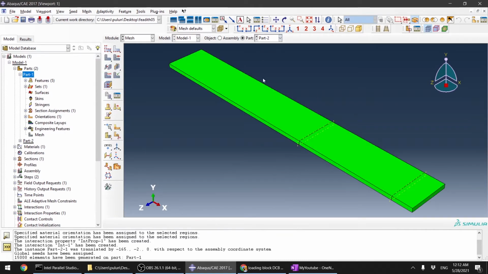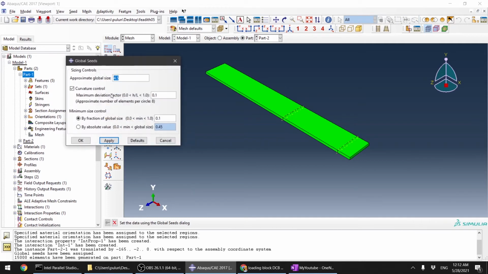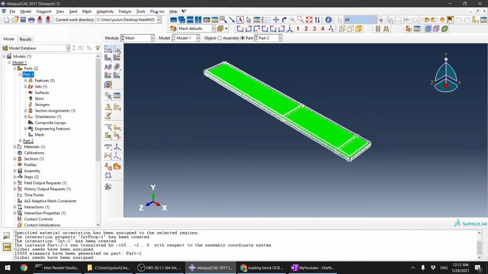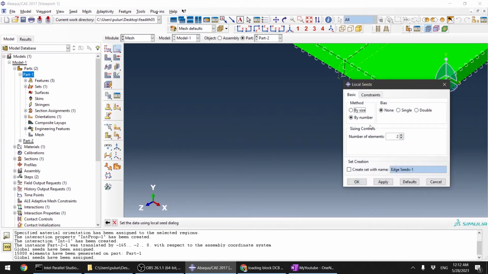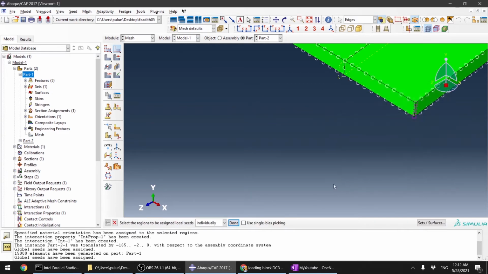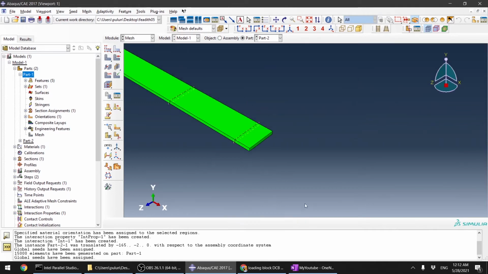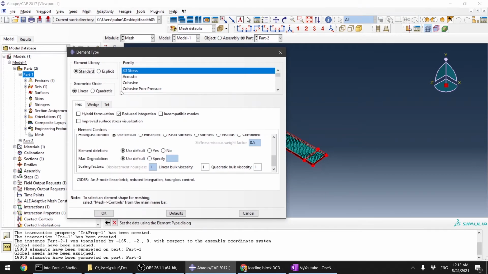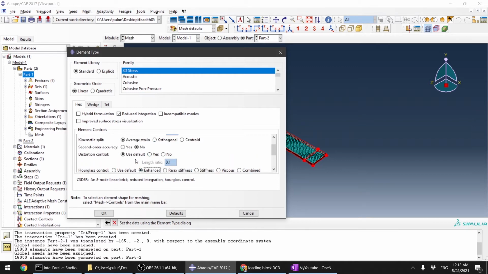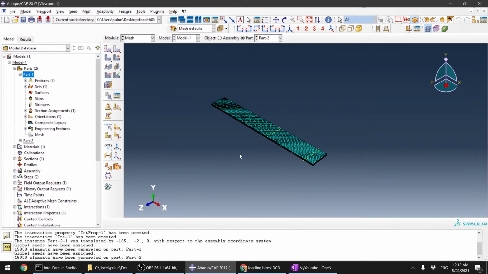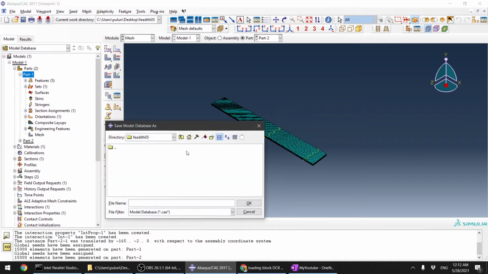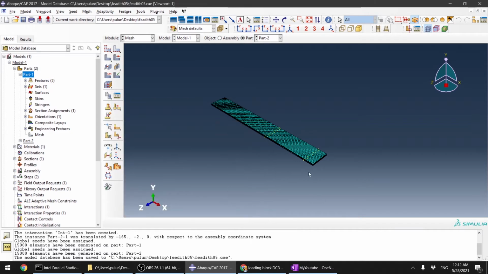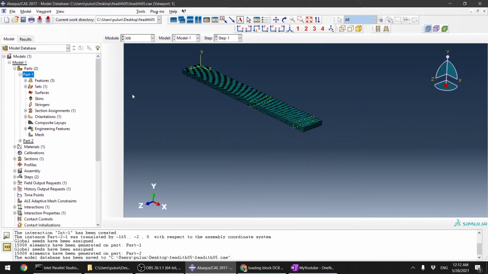And for the second part, the same thing. Here, global seed, part 1. Click OK. And then for the thickness, we're using 5. Okay, and click done. And then click here, yes, and assign element type. And then use enhanced, second order accuracy, and click done. Click done. Okay, now let's save our job. Name it 05. 05 means May. Okay, now they are saved. Now we can basically run the simulation